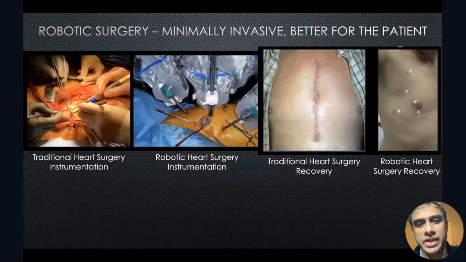Then the middle one is where the robotic open heart surgery is getting done. You can see post-operatively the size of the incision, pretty long, big. So recovery is humongous, right? It takes a few months for the patient to recover versus the robotic